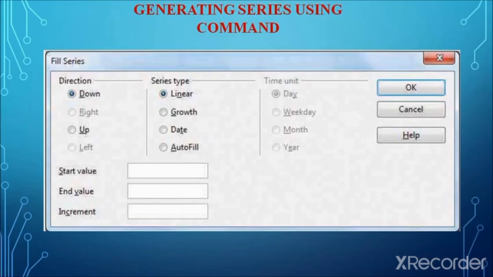The last one is autofill. Autofill is nothing but generating a continuous series of values, which we have seen in the previous topic, the autofill series. We have seen how to fill the cells by clicking and dragging. It is the same series. For example, if the selected cells are 1 to 6, the series will be 1, 2, 3, 4, 5, 6 without any difference. The value will get incremented by 1. So this is the autofill option, and this is how the values will be filled.